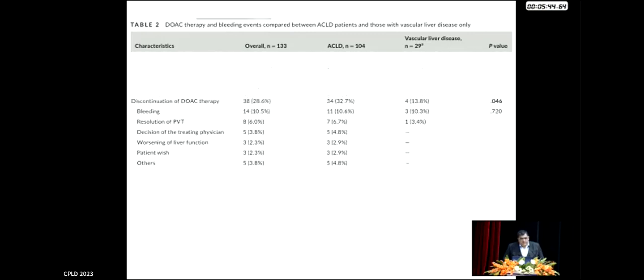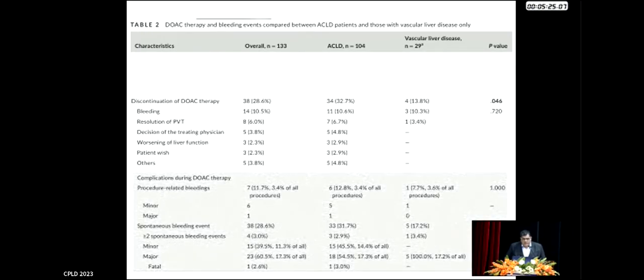If you look at the discontinuation of DOACs, it was significantly high in advanced chronic liver disease, almost 1/3 of the patients had discontinuation, but vascular liver disease was much better, only 14%. And the bleeding was similar in both the groups, 10.6% and 10.3%. If you look at the procedure-related bleedings, it was 12.8% in ACLD, 3.4% of all the procedures, which is similar to vascular liver disease,